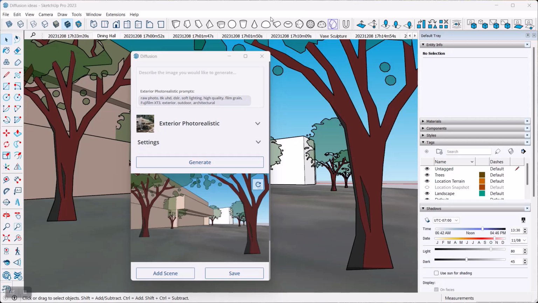All right, let's get started. Before we jump right into the SketchUp Diffusion application,